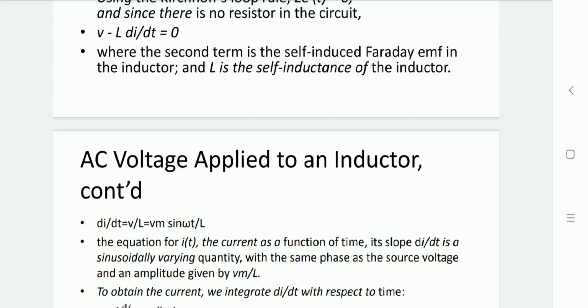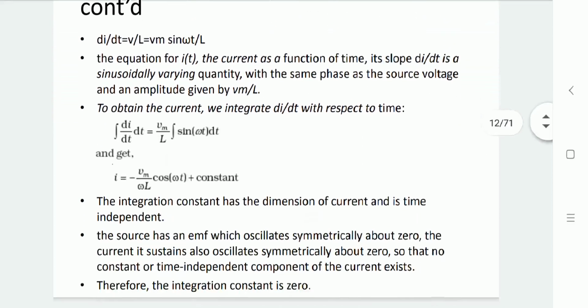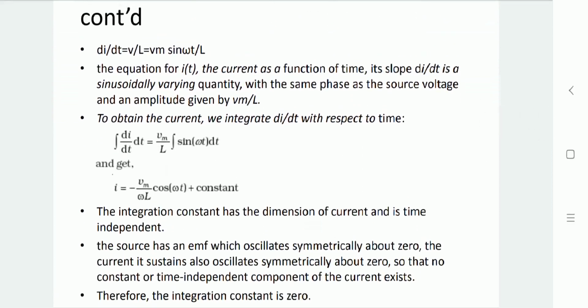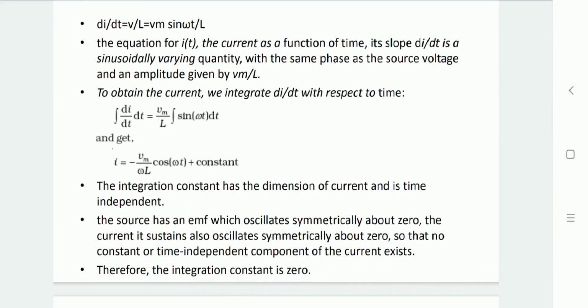Now we want to determine the value of the current I, and here we have it in terms of differentiation. So what we need to do is take the integration on both sides so we can get the current I. So we get I on the left hand side, and on the right hand side, while doing the integration, Vm by L is constant. So only the time dependent component is sin omega t. Let us integrate it with respect to time. Integration of sin omega t gives cos omega t, and here a constant of integration is available, which we consider as 0.